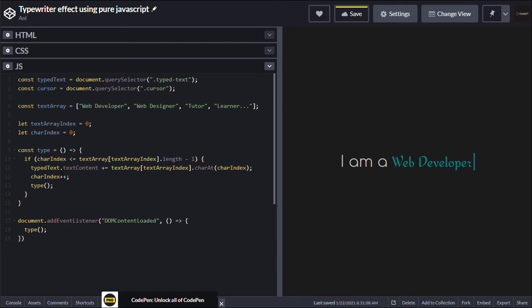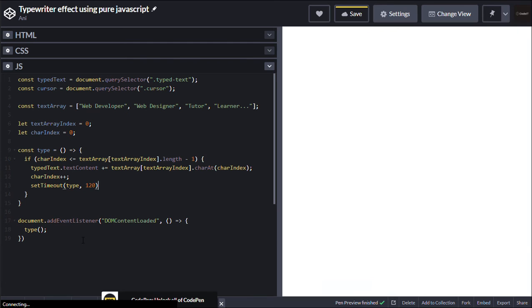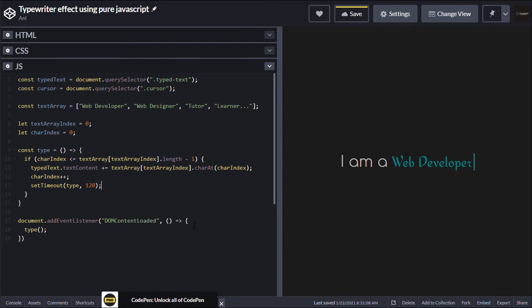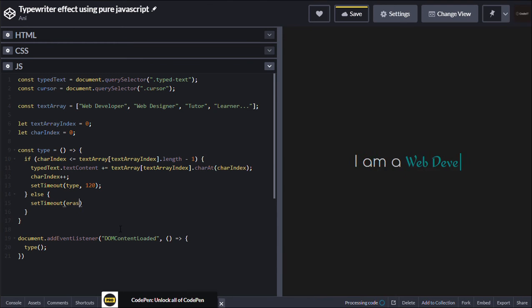So what we'll do is we'll first set timeout and then type, and then let's say 120. Okay, so it writes I'm a web developer. Okay, so it is perfect. Now once it has written everything, we have to erase it. So we'll go to the else block, and now we'll call this erase function. But here also we'll use this set timeout function, erase, and then after 1 second,